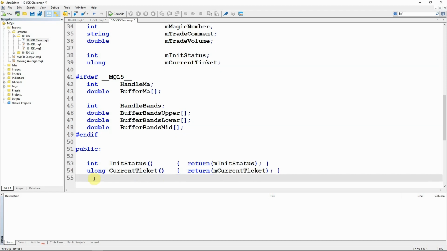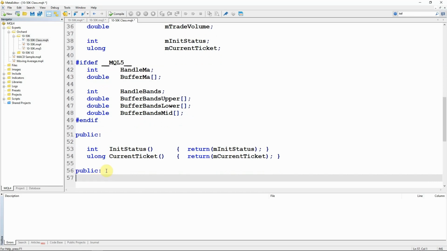And now I also have some public functions, and I'm writing this class differently to the way you may have seen me do it in the past. In the past, I would have declared all of the functions inside the class declaration, and then I create them outside of that using the class name :: syntax. This time I'm actually going to write the entire function inside the class declaration. I'm doing this as a different way to write the class, and it works just as well. There are some instances where it's better to move those functions outside, but for this it won't make any difference, and it can be easier to read and a lot easier to write and maintain this way.